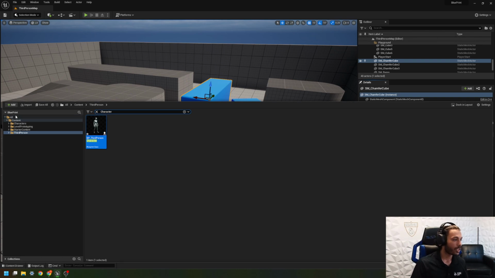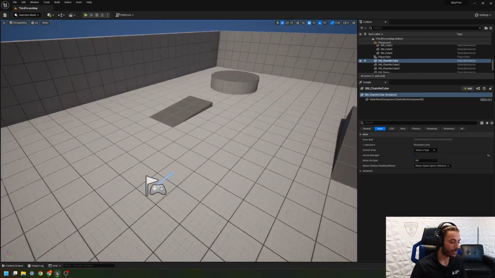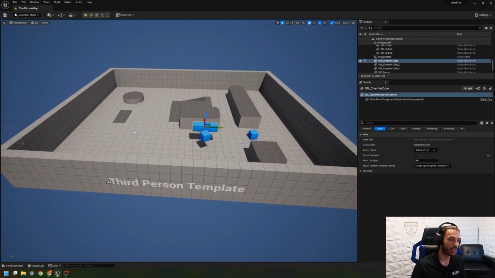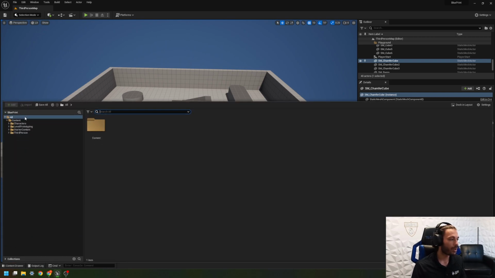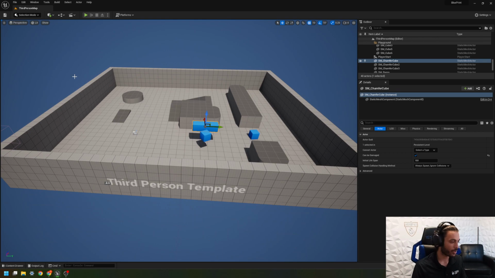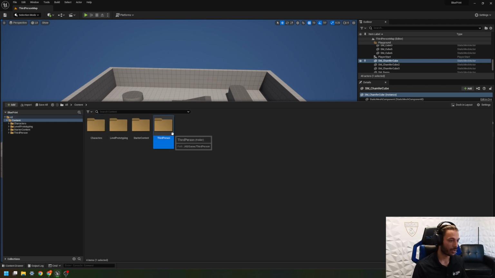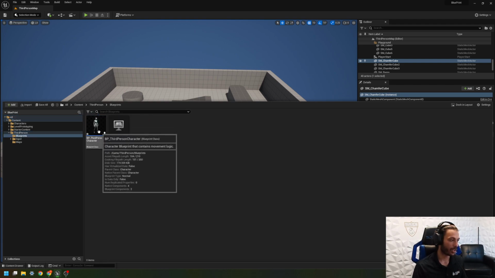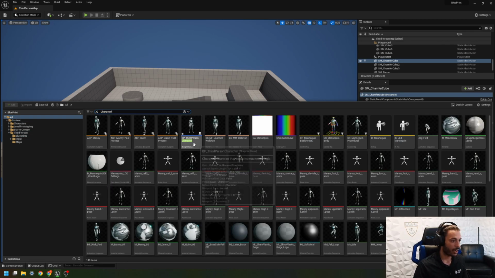So today, we're just going to be using the third-person character. If you aren't aware, this is the third-person game template. I'm just using Unreal Engine 5.1 as the version of Unreal for this tutorial. And I'm just going to jump in and show just some of the basics here. So to get to the third-person character, you're just going to open up your content drawer by holding Control and clicking space, or by clicking content drawer. Then you're going to go here. You can click the all folder, then go to content, third-person, blueprints, and this is the character. If you can't find it that way, then you can type in character here, and it will be right here,